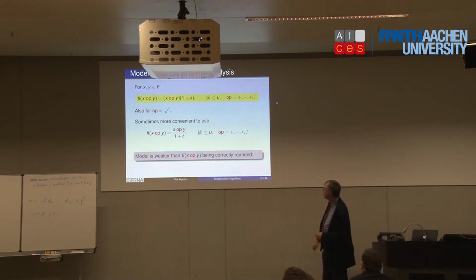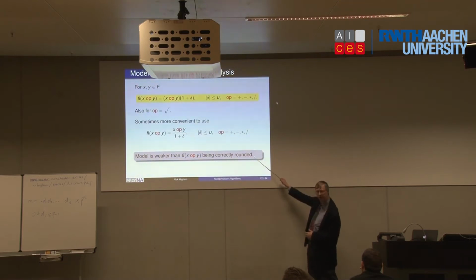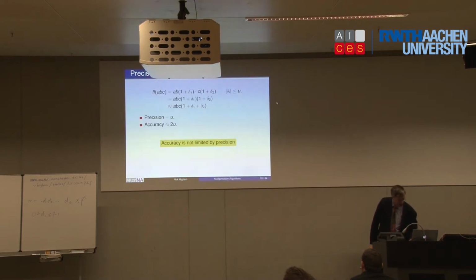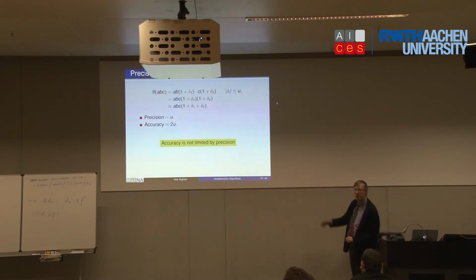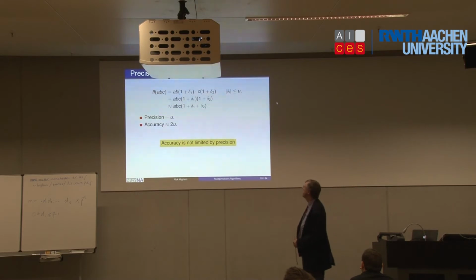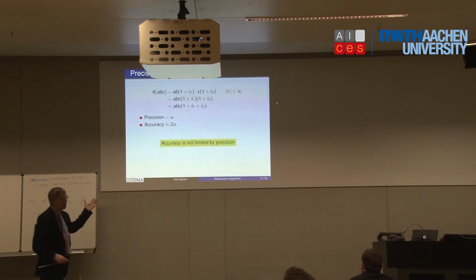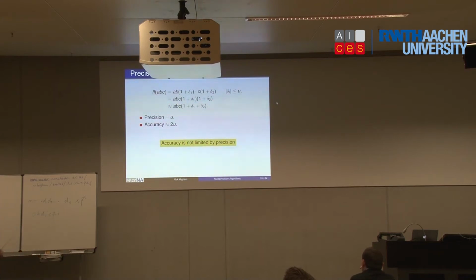Okay. And this is what I've just been saying though, the model is still not fully exploiting the actual nature of rounding. Go back a couple of slides, and we look at the simple computation a times b times c. Here I'm applying the model that we've just seen. A times b will give a relative error delta 1 that's bounded by the unit round-off. Then I multiply to get another relative error, delta 2.